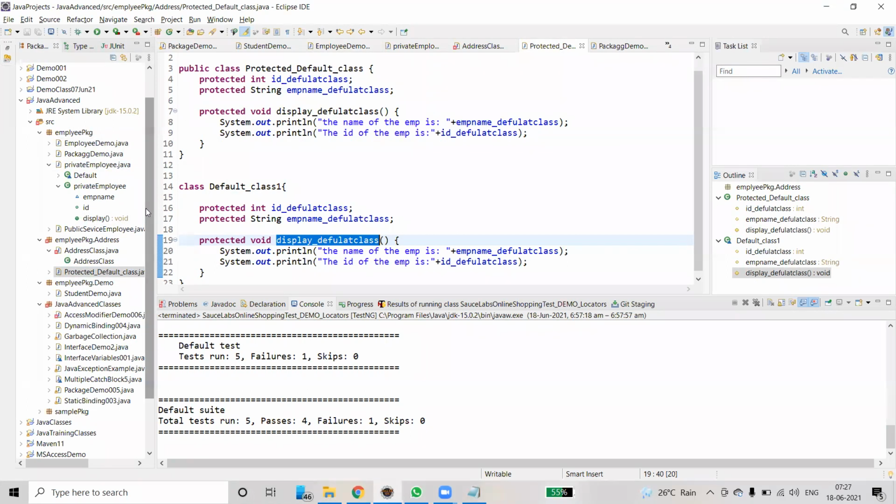Now we got the scope of the protected access modifier. Then public, we know, members, functions, methods and classes that are declared public can be accessed from anywhere. This access modifier doesn't put any kind of restriction on the access. If you place public, member variables and functions can be accessed outside the class, and outside the package also. So these are the different access modifiers provided by Java.